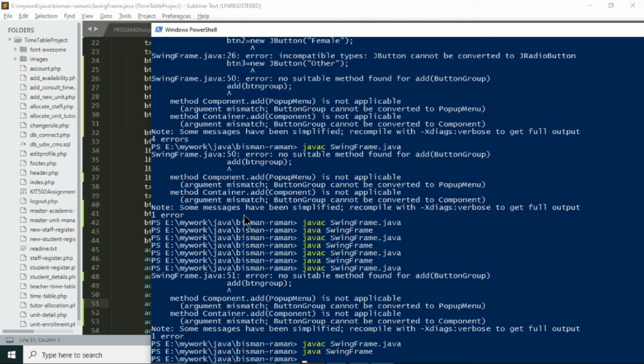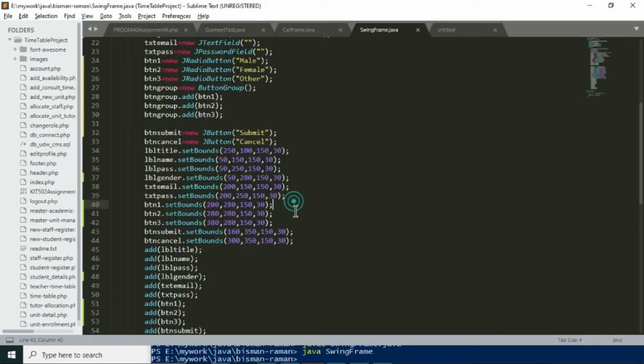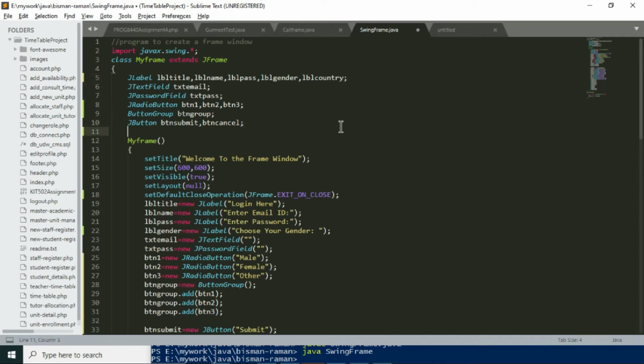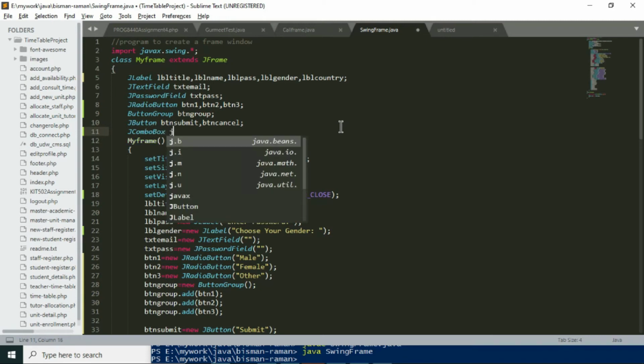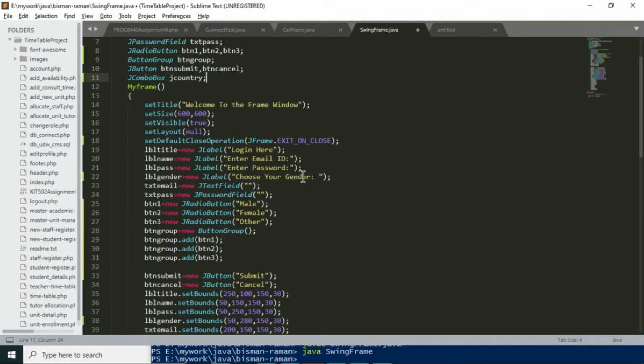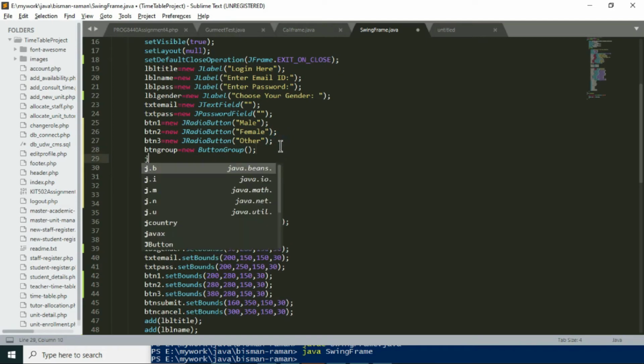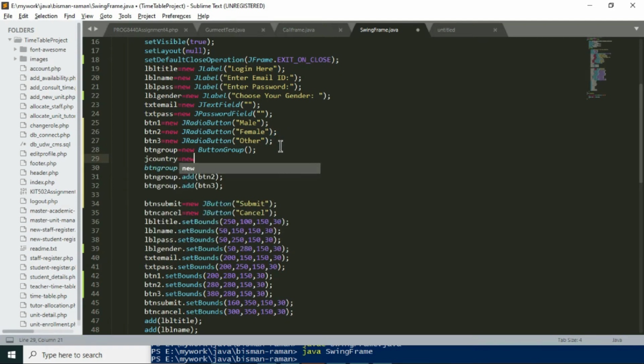Okay, so I'll move on and place other controls as well. Once you have this button you can create a JComboBox. I will add lbl country and a JComboBox here. So I'll say country equals this string array.